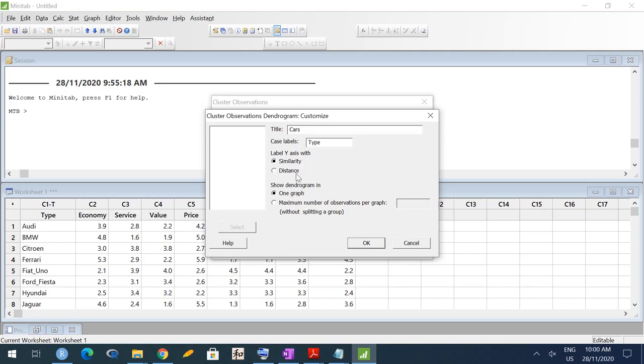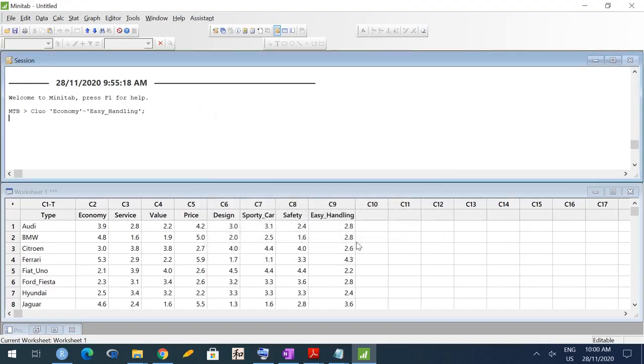In theory, we have done distance, so this time let us try similarity. Showing the dendrogram in one graph is needed only if I have too many observations, because then the graph would not be readable, so you can split it. But today we have quite few, only around 24 observations, so let's go ahead with only one graph.